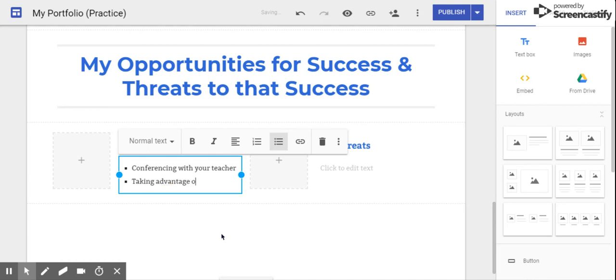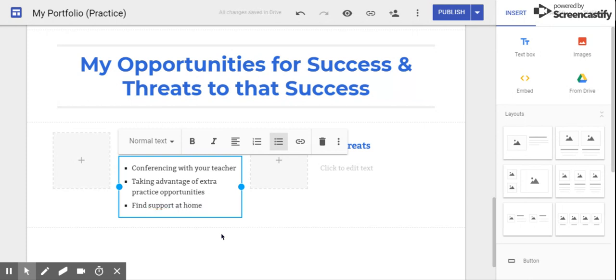Taking advantage of extra practice opportunities. So for instance, maybe you put conventions on your list of weaknesses. So being able to put your commas in the right places, capitalizing sentences, writing sentences that are complete sentences. There will always be lots of extra practice opportunities for things like that. But there may be other opportunities to write and speak in some different ways that would allow you to do that too. Another thing that you can do is you can find support at home.